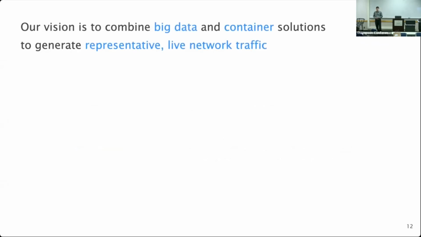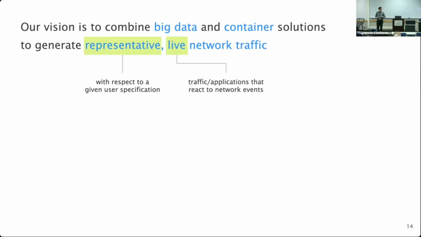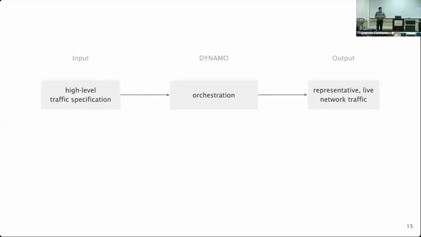The higher level vision is that we can combine the so-called big data that we find on open source platforms such as GitHub with container solutions, for example Docker, in order to present representative and live network traffic. By representative, we understand that the traffic follows a given user specification and tries to be as close as possible. And live means that these applications really run at runtime, generate the traffic, and then react to events in the network. In order to get to this vision, we present a system called Dynamo, from Dynamic Mass Orchestration,